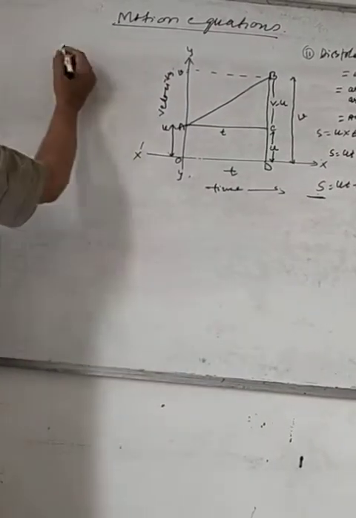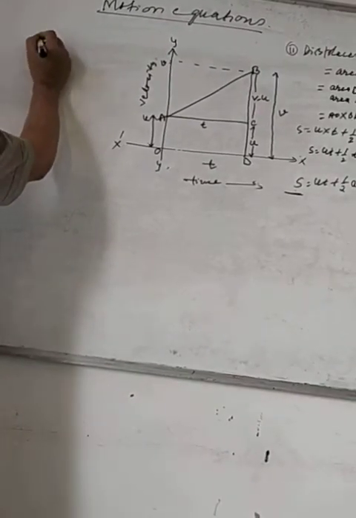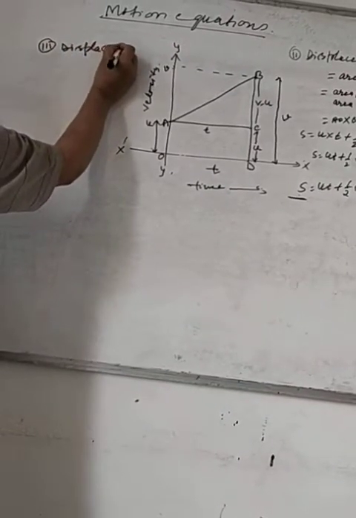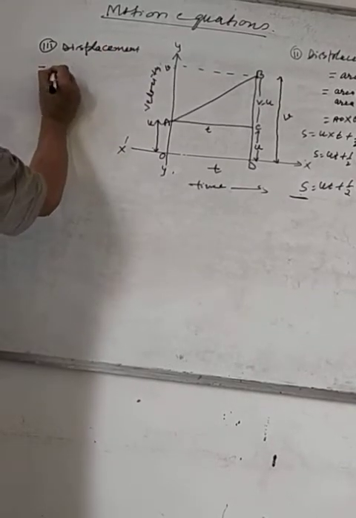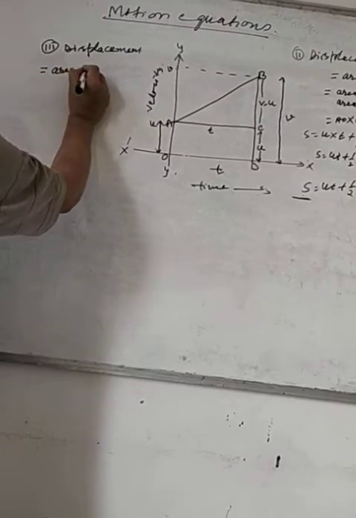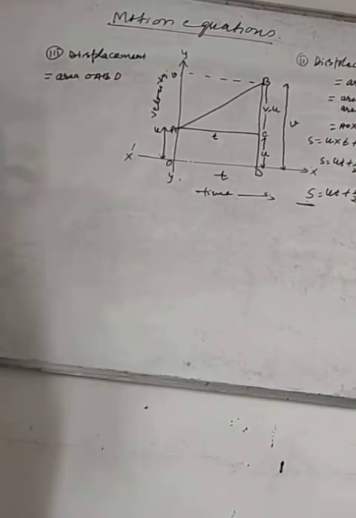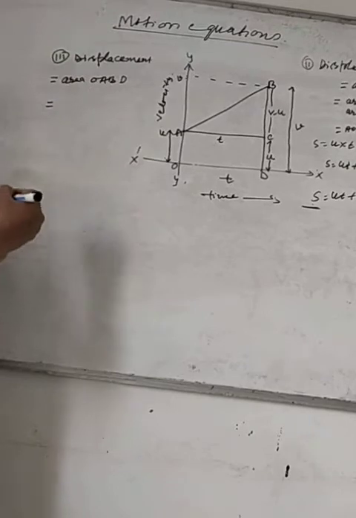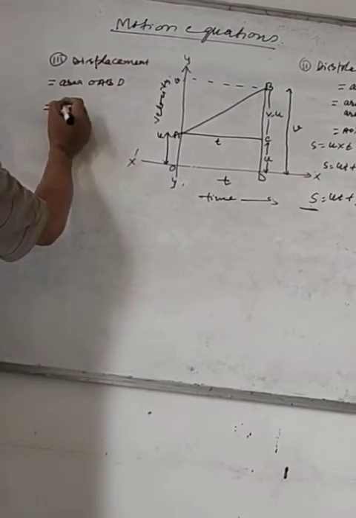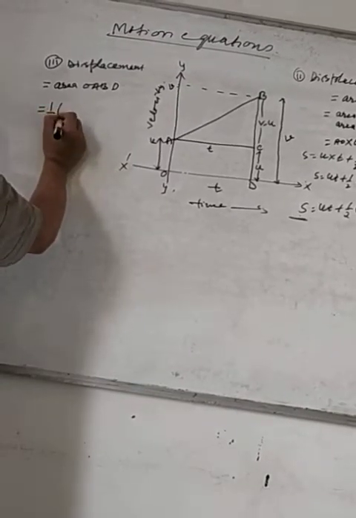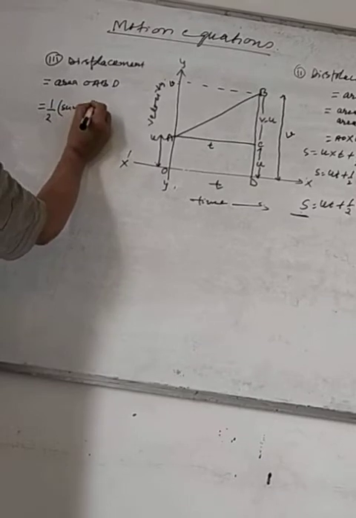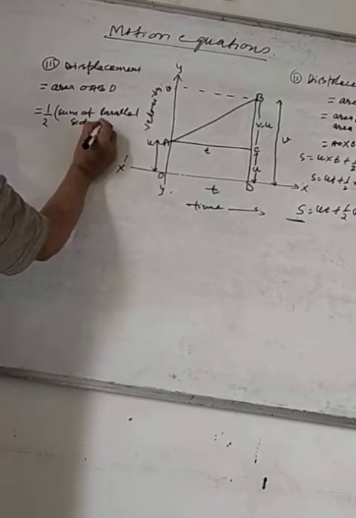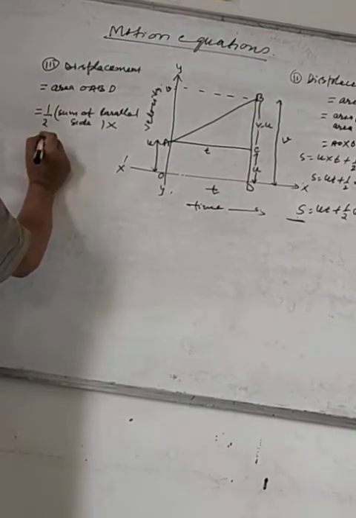Area of a trapezium is equal to the displacement, equal to area OABD, and it is also equal to, because it is a trapezium, 1/2 sum of parallel sides into distance between